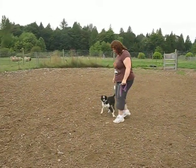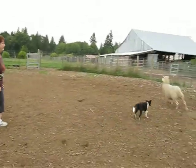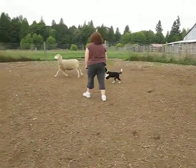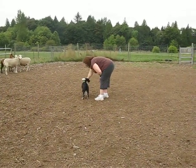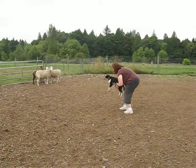Good. Now, catch her fairly soon, but wait till she's done. Next time she stops on her own, just catch her. And the reason I'm saying that is she's liking it, but she